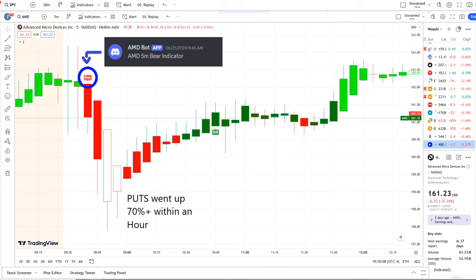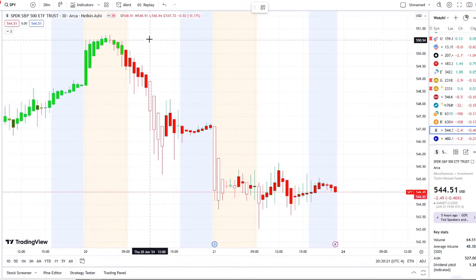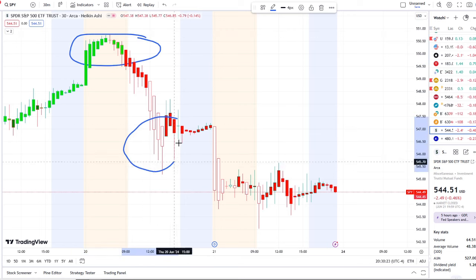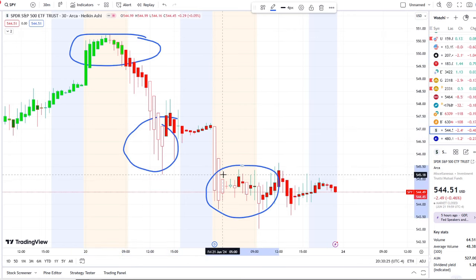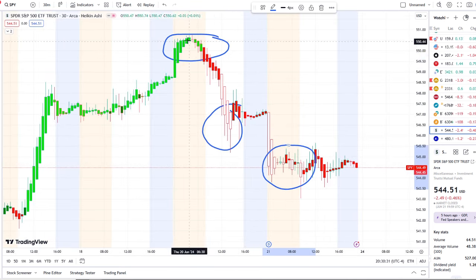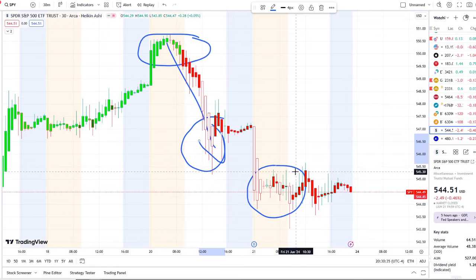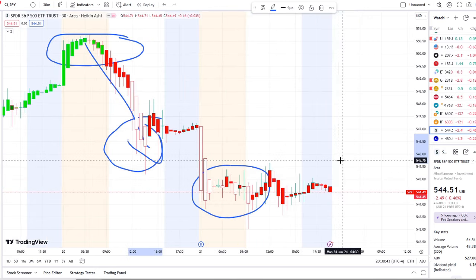Let's jump to these charts. Here we are with the SPY, the S&P 500 index, doing a full transition from bright green bars to multiple white with red borders and trying to fight and hold support. If this is your first time coming across the channel, this is 42 vision, which allows us to see the dips from the rips to the dips, and where the strength and weakness lies within the charts. And we also use our bull and bear indicators and inflow versus outflow as an extra layer of confirmation,